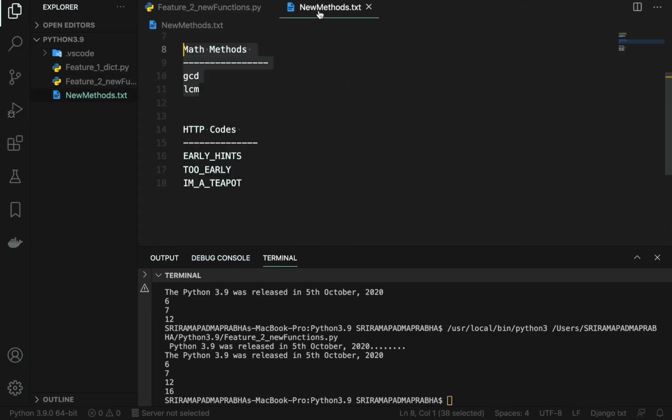Now moving on to the last one, that is HTTP codes, which are not methods. These are codes newly introduced in HTTP. We already know that when the HTTP status is 200, the response is success.